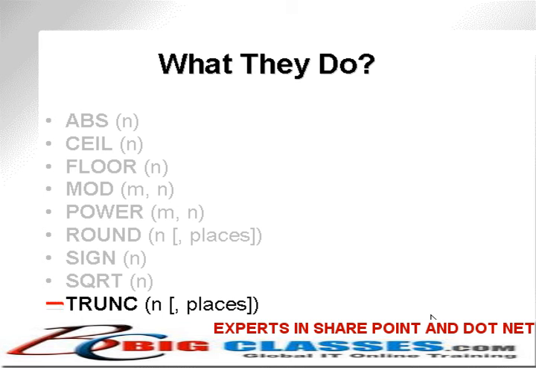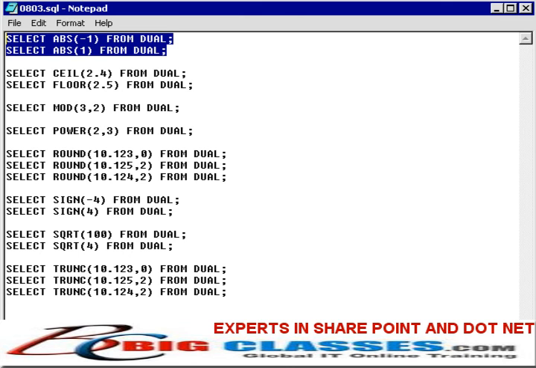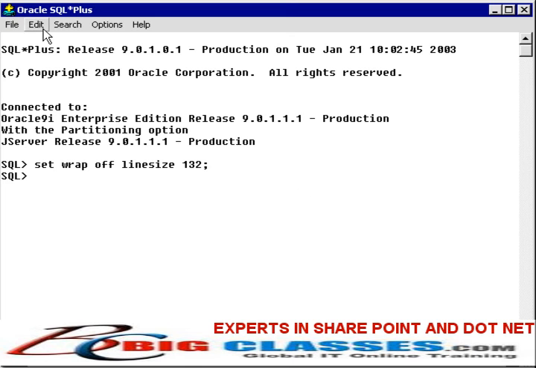Now let's go and take a look at a few examples. Here I have a script file where I've typed in a number of examples, generally 1 or 2 for each one of the functions. All I'm going to do is simply copy and paste these select statements using the functions into SQL*Plus and show you the results. Let's start with the absolute value function. So let's copy and paste these 2 lines, go to SQL*Plus,